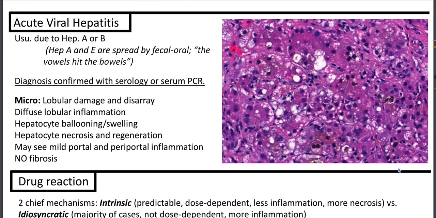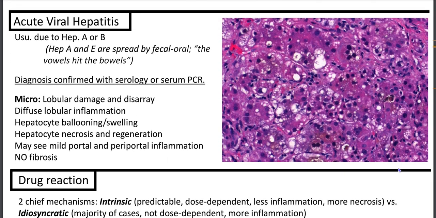So, acute viral hepatitis, usually this is due to hepatitis A or B. Remember, A and E are spread by fecal-oral route. The vowels hit the bowels. The diagnosis is confirmed with serology or serum PCR. So I haven't received any real cases of acute viral hepatitis because of serology. But if you do receive one, you would see lobular damage and disarray, diffuse lobular inflammation, hepatocyte ballooning, swelling, hepatocyte necrosis and regeneration, and you can maybe see mild portal and periportal inflammation,